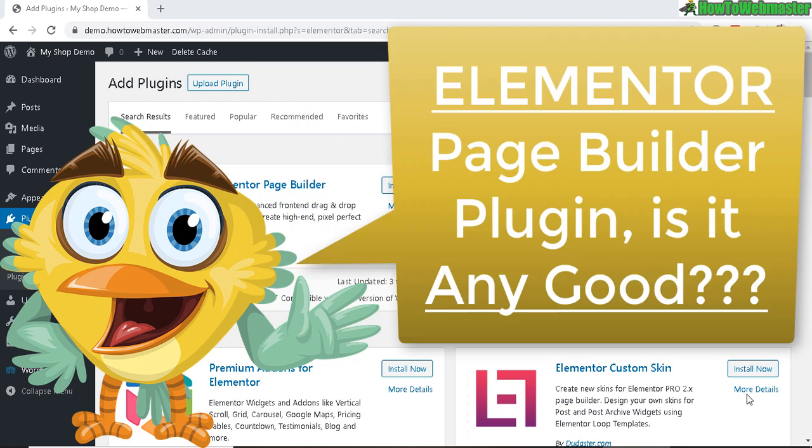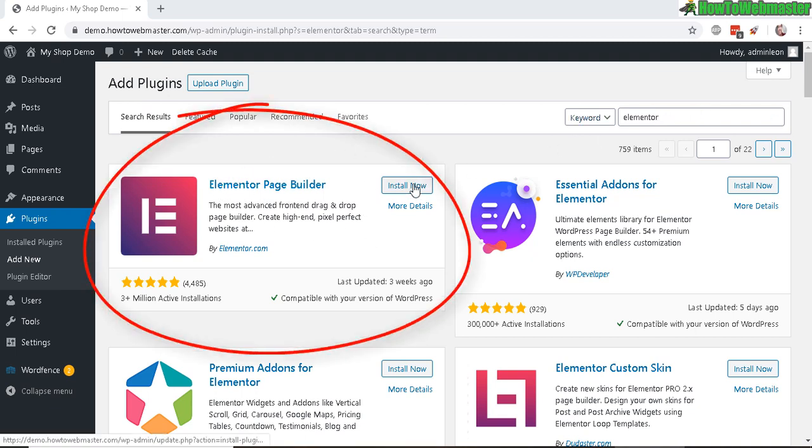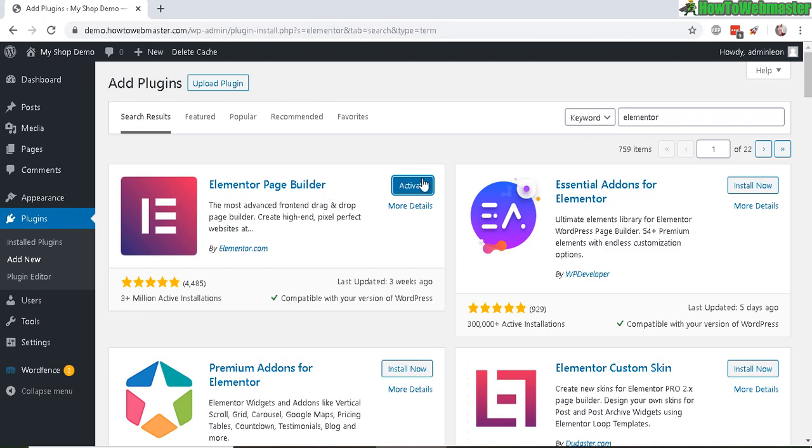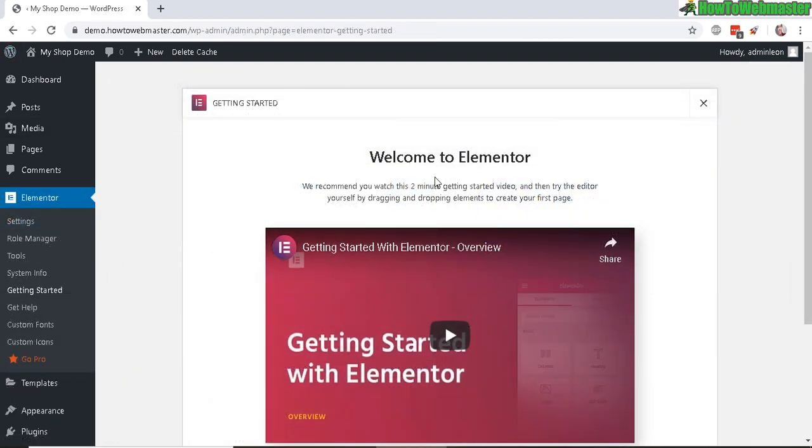Today I will be testing out Elementor Page Builder plugin. It is free and you can get it directly from your WP admin when you go to add plugin and search for Elementor. Here it is. Let's install now. Okay, once it's done installing, click on activate, and upon activating the plugin you get to this